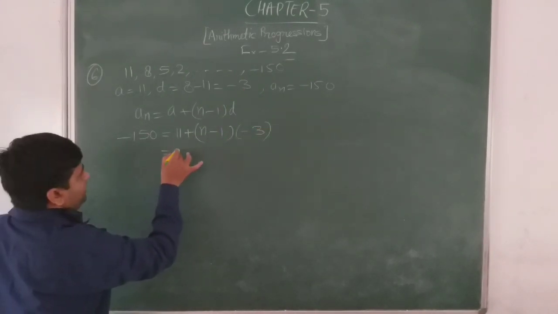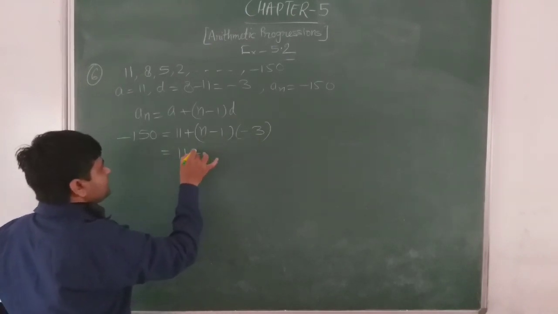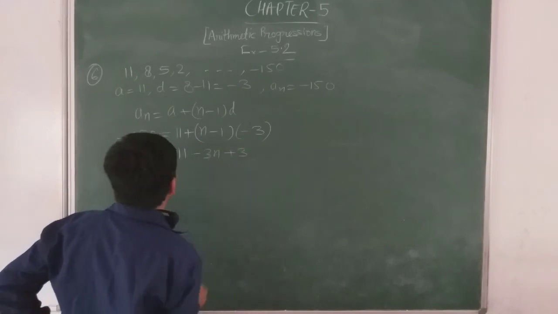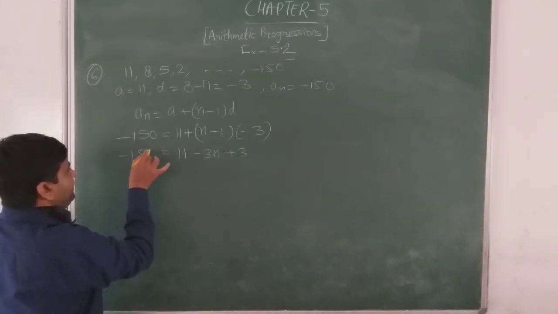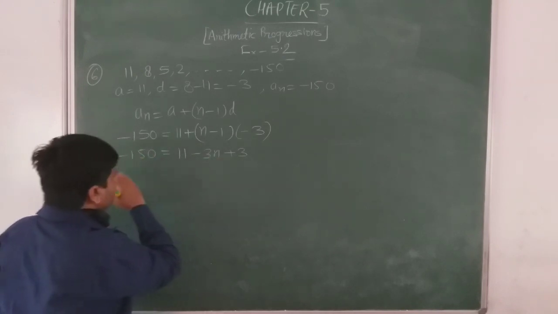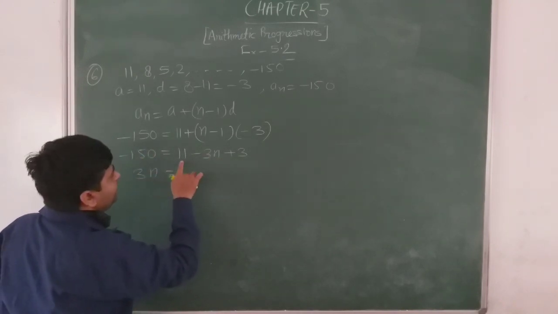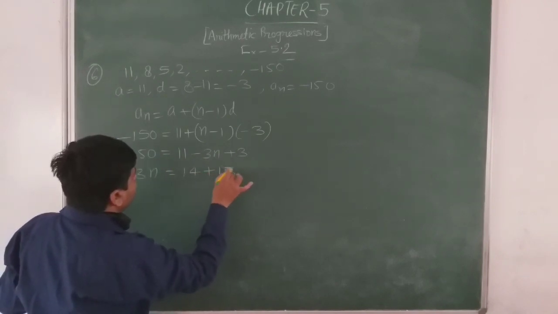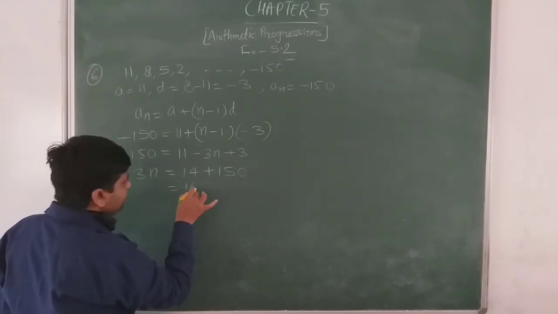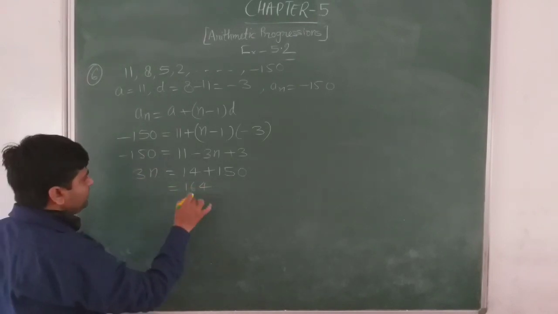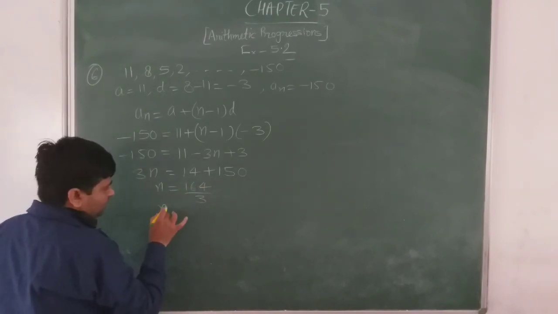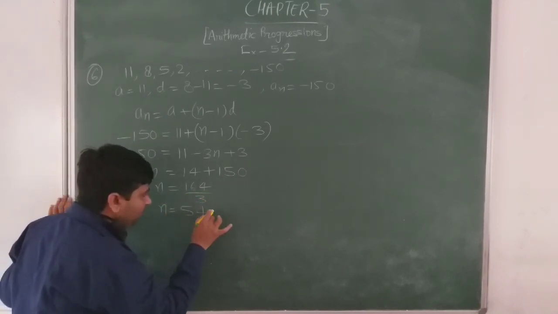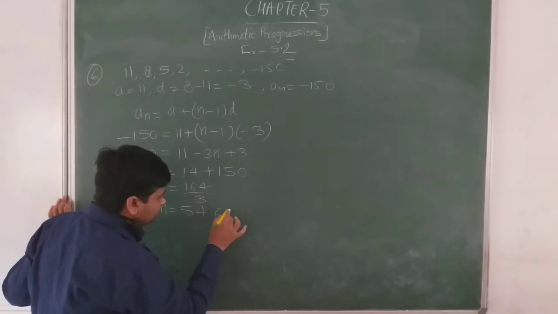Now opening the bracket, 11 minus 3 into n, so it is minus 3n, minus 3 into minus 1, so it is plus 3. It is minus 150. So 3n we transferred here, 3n equals 11 and 3, 14, 150 transferred here, so it will be added. Now 150 and 14, that is 164. It is equal to 3n, 3 goes to divide, it is equal to n. So on dividing by 3, 3 5s are 15, 1 left, 14, 3 4s are 12, 2 is left, 3 6s are 18, 20, 2 is left, 6 6 will keep coming.